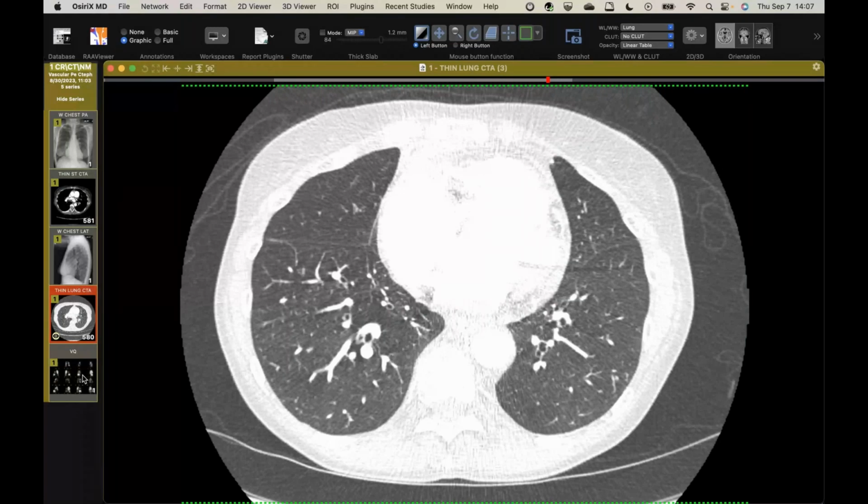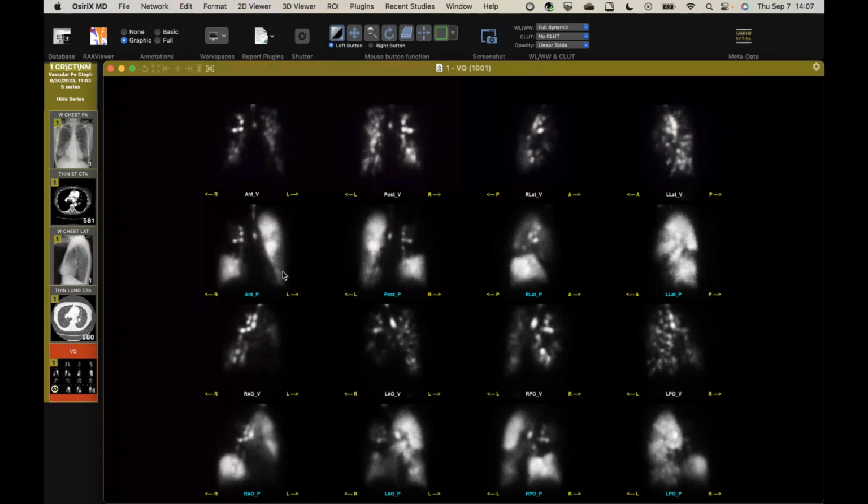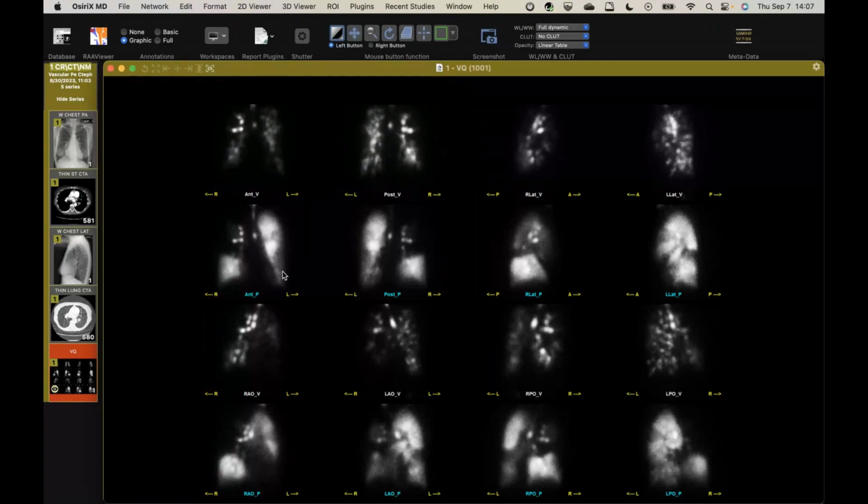And then as part of her evaluation, she also had this VQ scan. So we got the ventilation at the top, and you can see her ventilation isn't great, but there's some large defect, particularly in that right upper lobe as well. But there's some subtle peripheral defects in the left lung as well. So a nice case of CTEPH